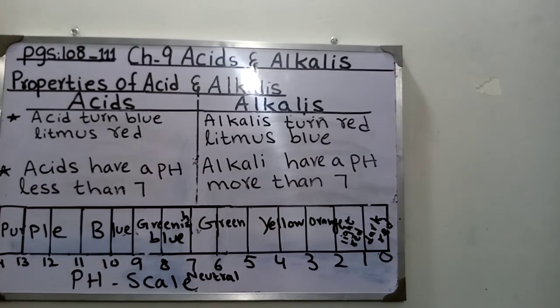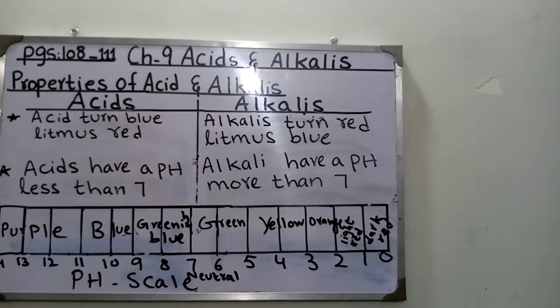For checking the intensity of acidity and strong alkali, we can use this pH scale, and with the help of the color we can identify the strength of the acid and alkali, right? We put this litmus paper into the acid, blue litmus into the acid and red litmus into the alkali, right? It turns the color. If it turns red, it shows that it is a strong acid, and when it turns blue, it shows it is a strong alkali.